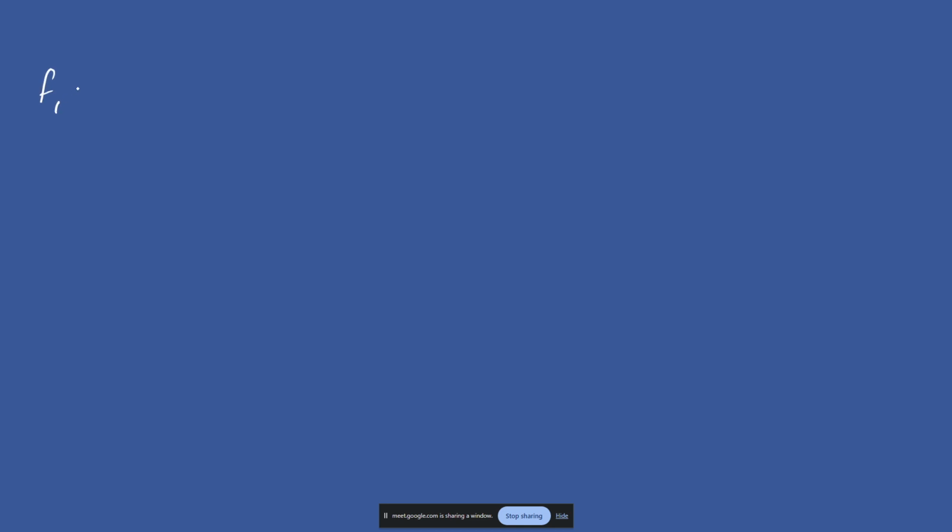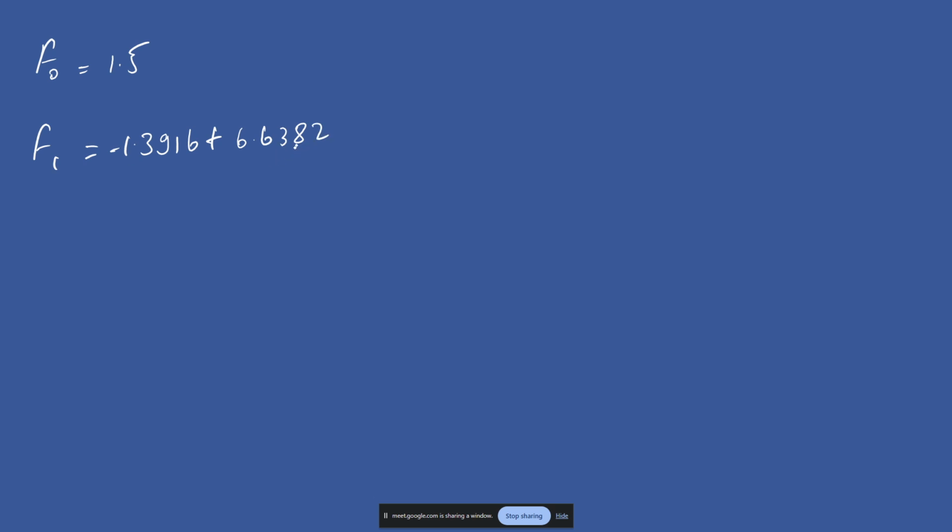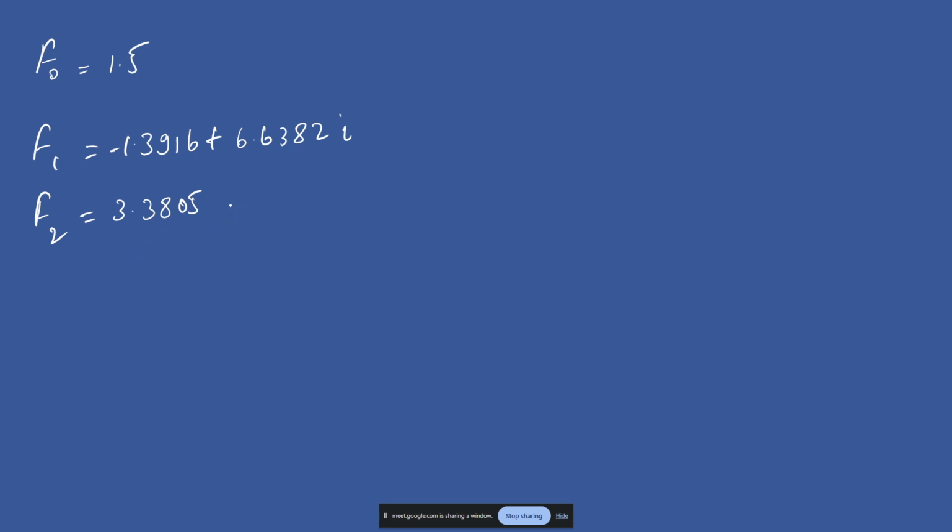So the answer which I have with me is, your f naught is anyhow 1.5, then your f1 is minus 1.3916 plus 6.6382 iota, and then your f2 is 3.3805 minus 3.2593 iota, then your f3 is given as